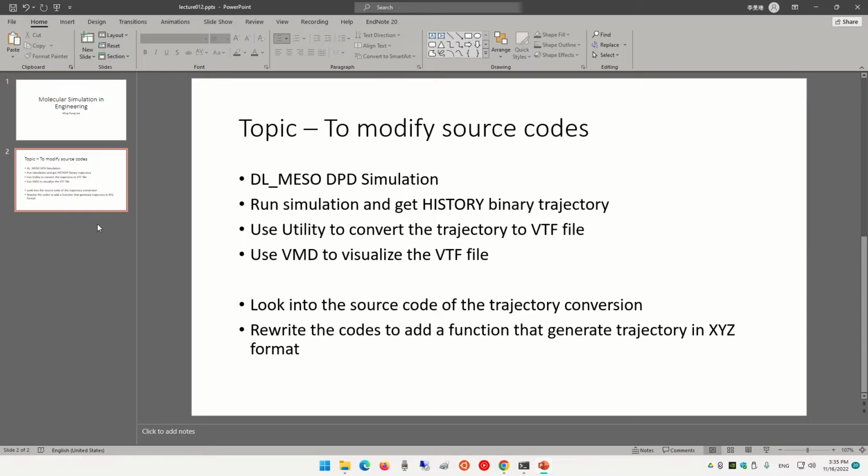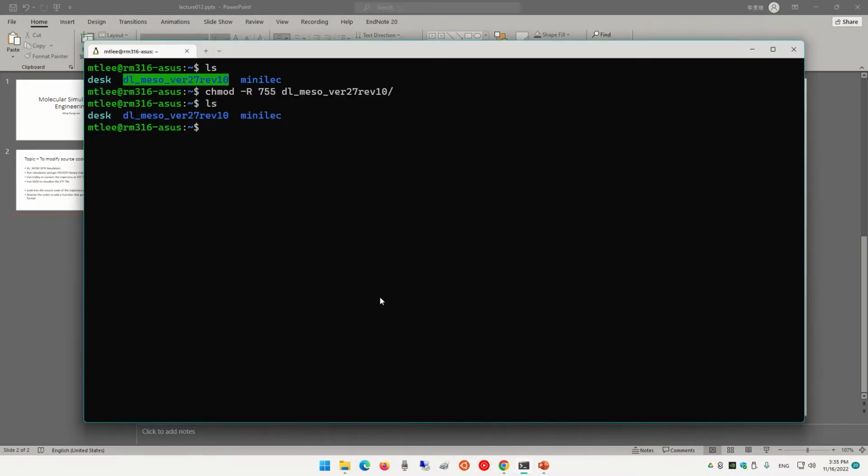So first, we need to review the previous one: the DPD simulation and how to run it. Let's go through that again, shall we? So this is my terminal. You should have yours. I downloaded the latest version. Before, I remember we used DMS already. It doesn't matter, it's all the same.